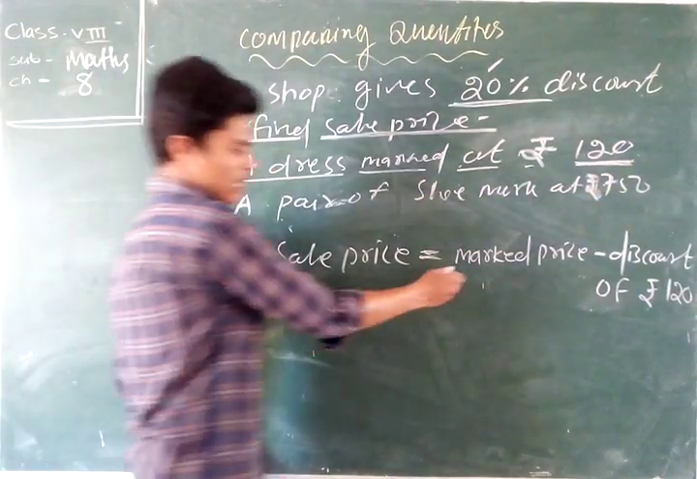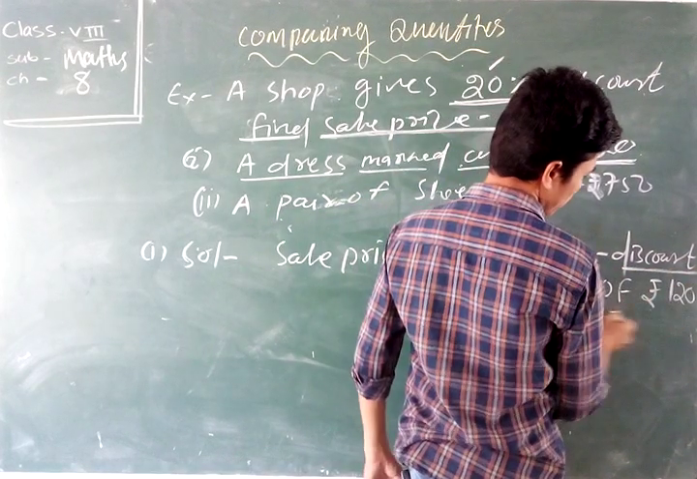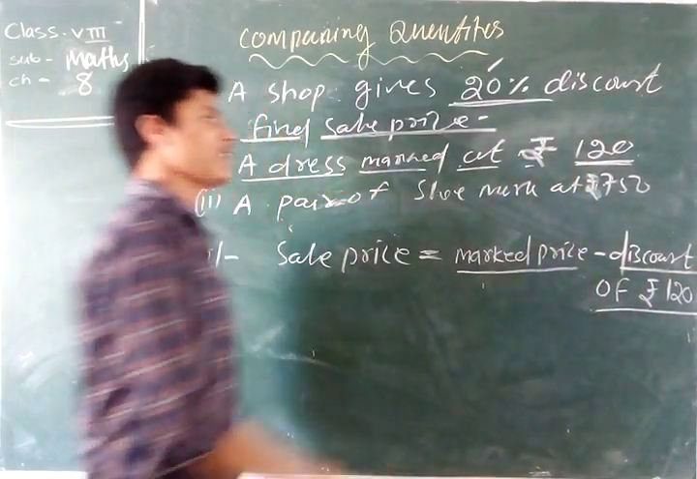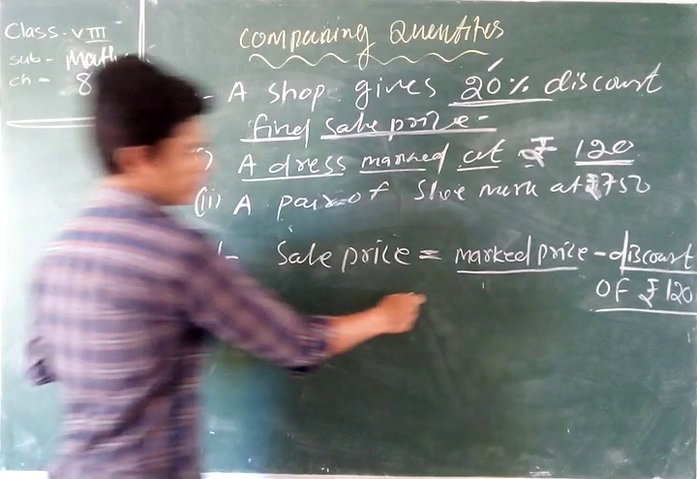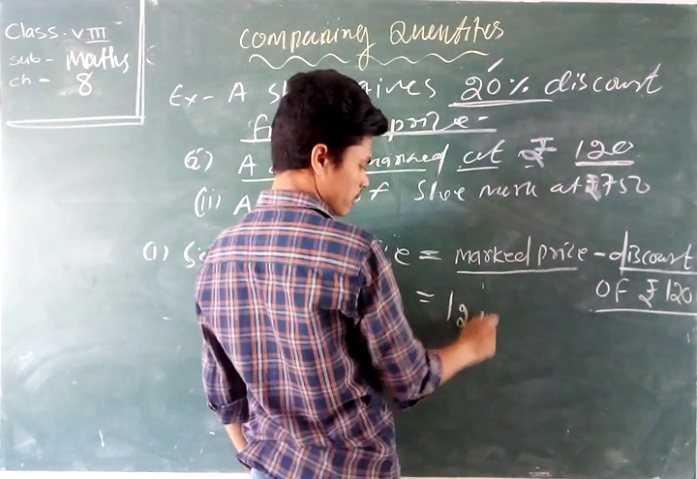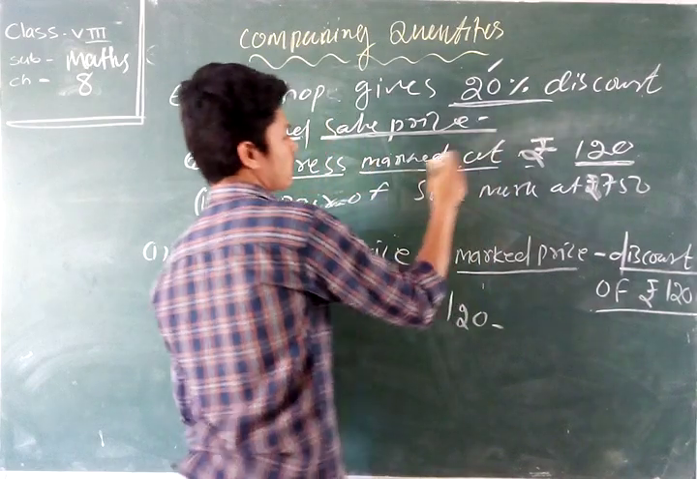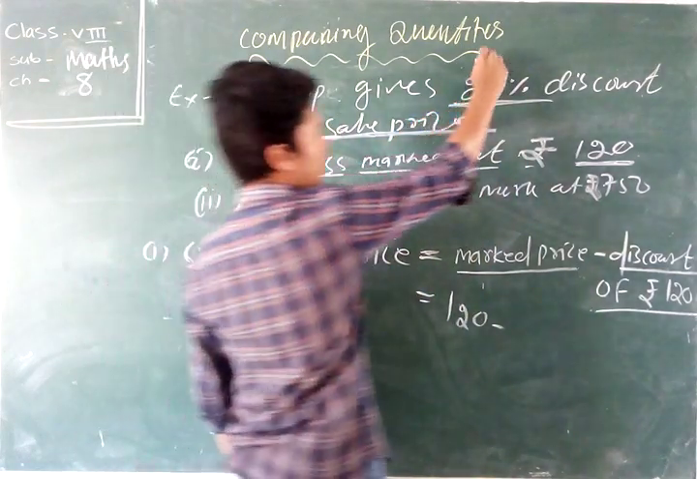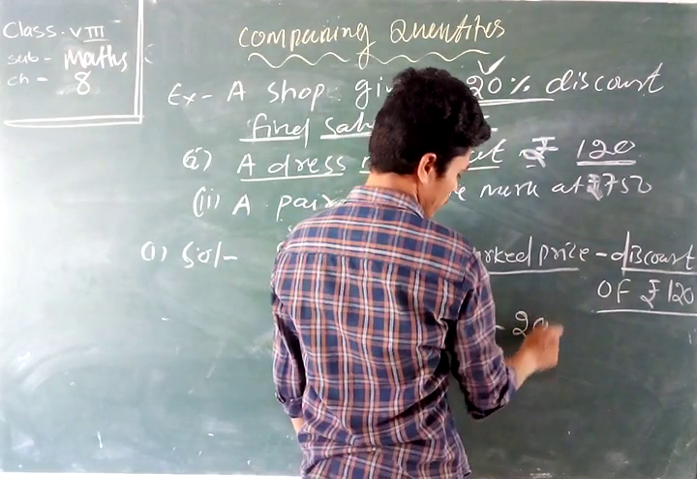Okay. Now the mark price is given here. The discount is how much? We know the formula here. What is your mark price? The mark price is 120, so you write 120 here. Discount: 20% discount is there. Now 20% discount means 20% of